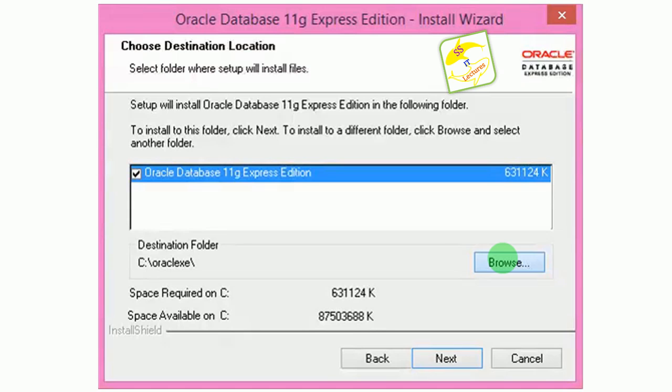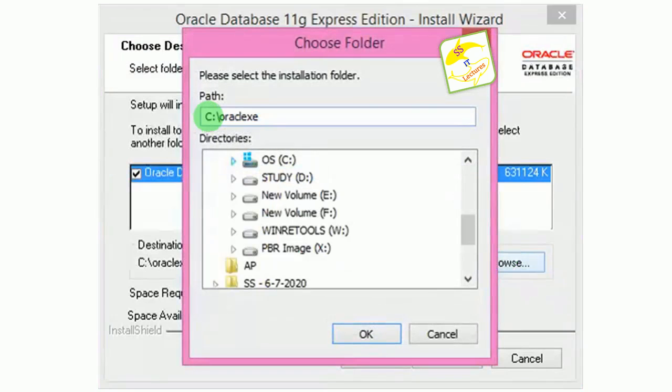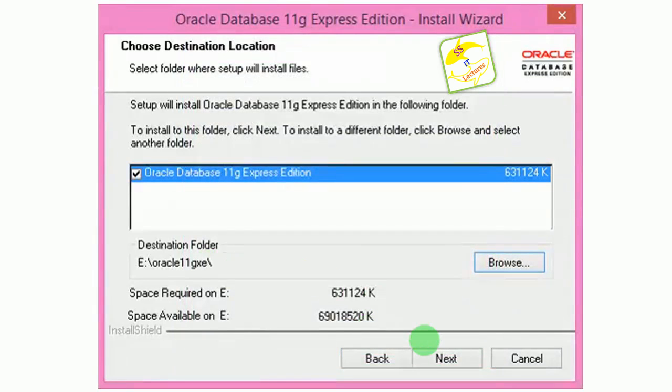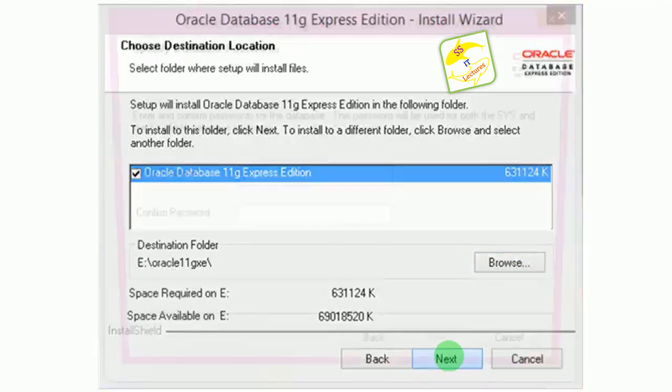So here I am choosing a different drive, E, by clicking the Browse button, and I am renaming the folder as Oracle 11g XE, that is Express Edition. Here it shows it requires a space of around 630 MB. Then click the Next button.